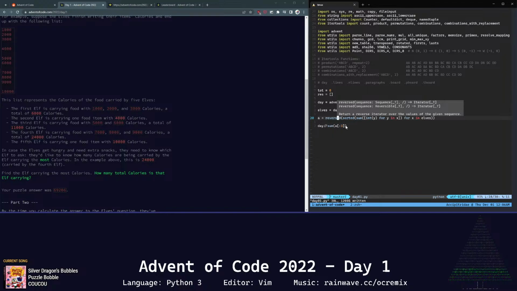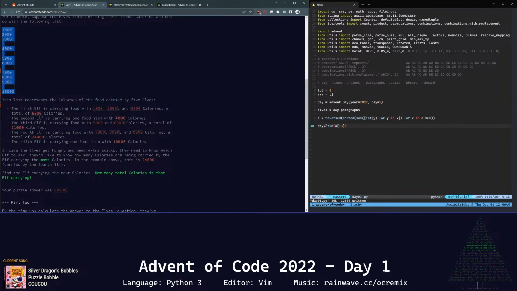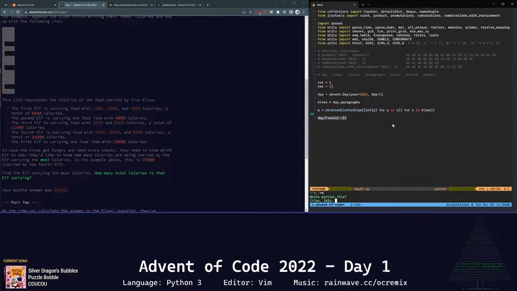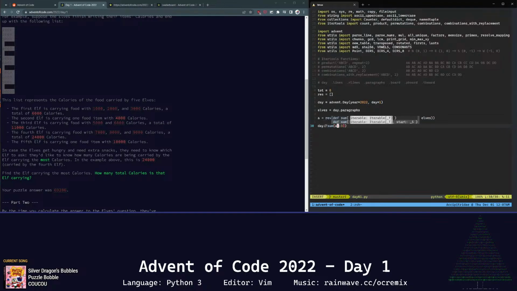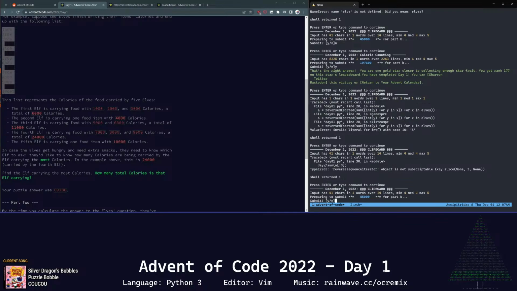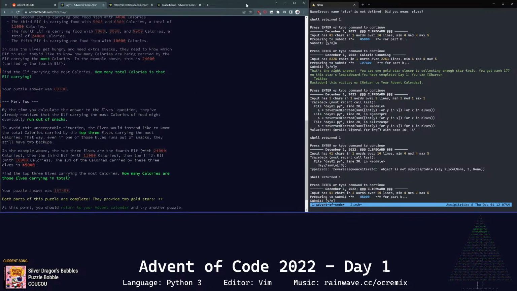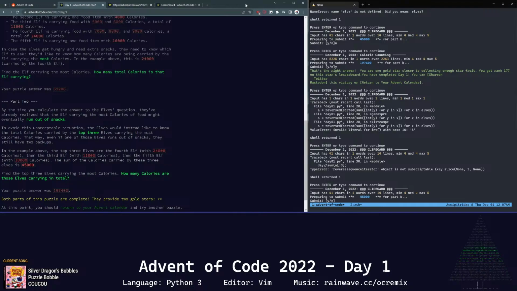But yeah, getting back to this, I'm curious why when you try to run reversed, no. Reverse sequence iterator is not subscriptable. Yeah, I guess I could have just done something like this too to solve that, right? I mean, that would have worked as well, but you know, panicking in the moment for a simple problem